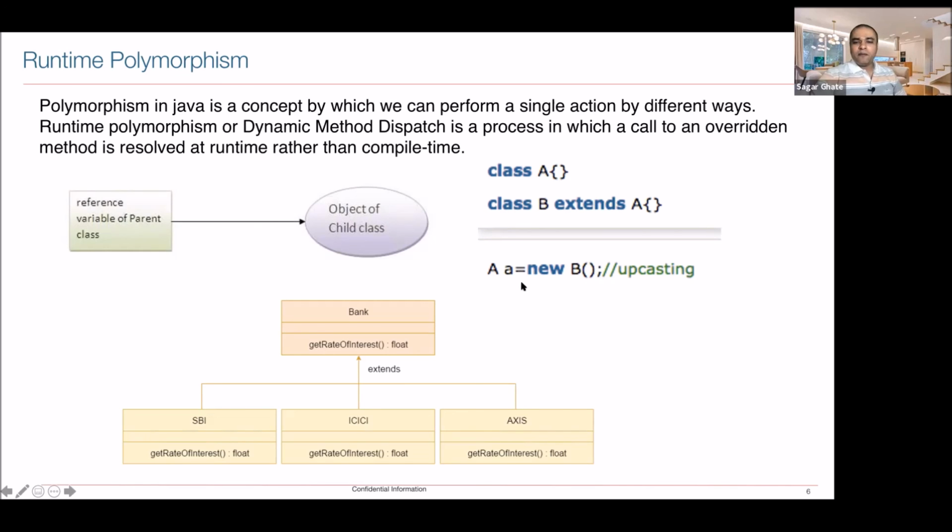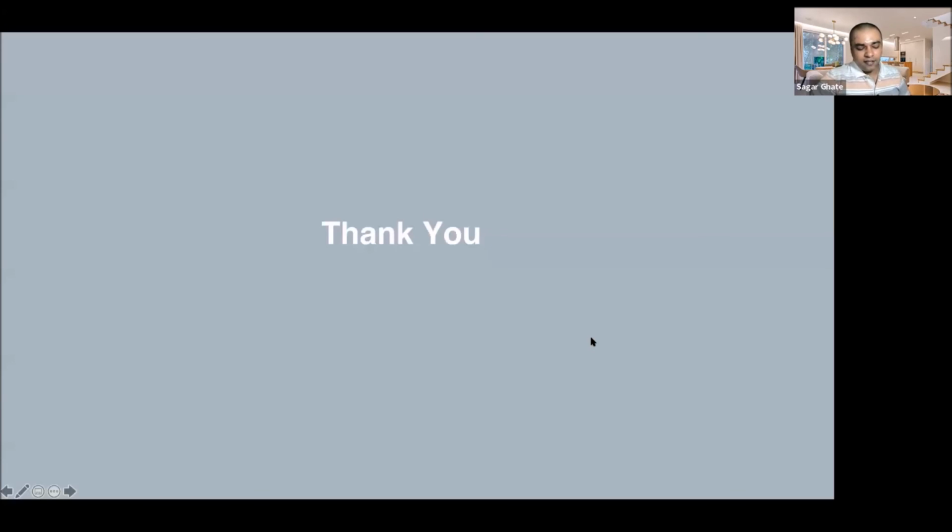In the same way, if I do new of B, it means it's the object of class B, but you can see the user defined variable type is class A, and this concept is known as upcasting, which means your child class can be upcasted to the parent class. So this we are going to see in the example. At this moment, if you are not understanding, that's fine.